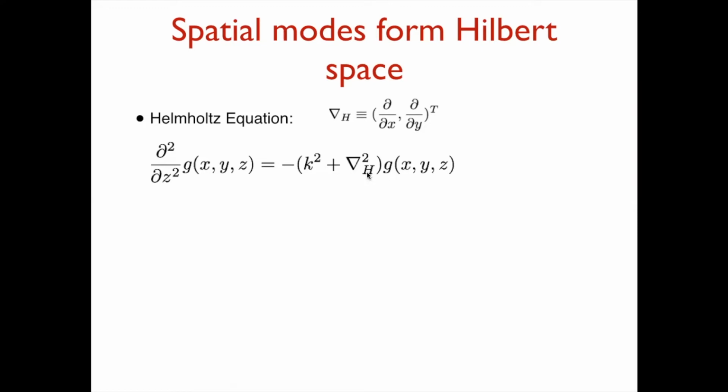Those are the variables on a hyperplane if I separate the z direction. And then you can see that in principle I can calculate, if I know the distribution of the values of G on some hyperplane at z equal to z0, I can, in principle, by solving this equation, find it on any other plane. In other words, I can propagate